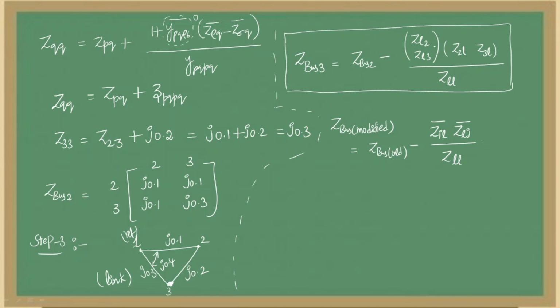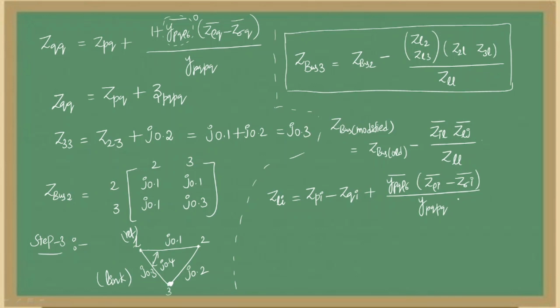So in order to find ZL2, ZL3 and ZLL, we need to use the mathematical expressions related to addition of link. Okay, so let us see the mathematical expressions. For off diagonal elements, which is ZLI, the mathematical expression is ZLI is equal to ZPI minus ZQI plus Y_PQ,ρσ bar into Z_ρI bar minus Z_σI bar, total divided with Y_PQ,PQ, right?